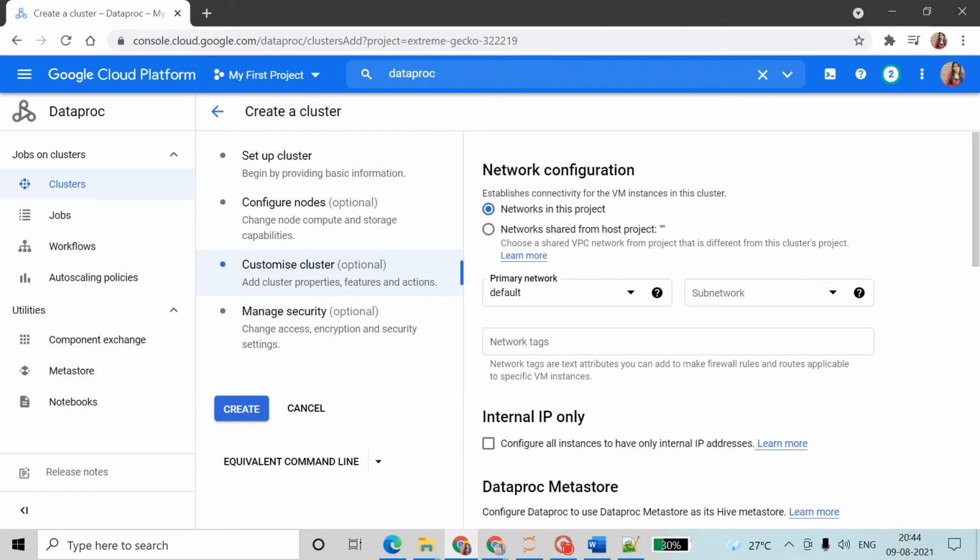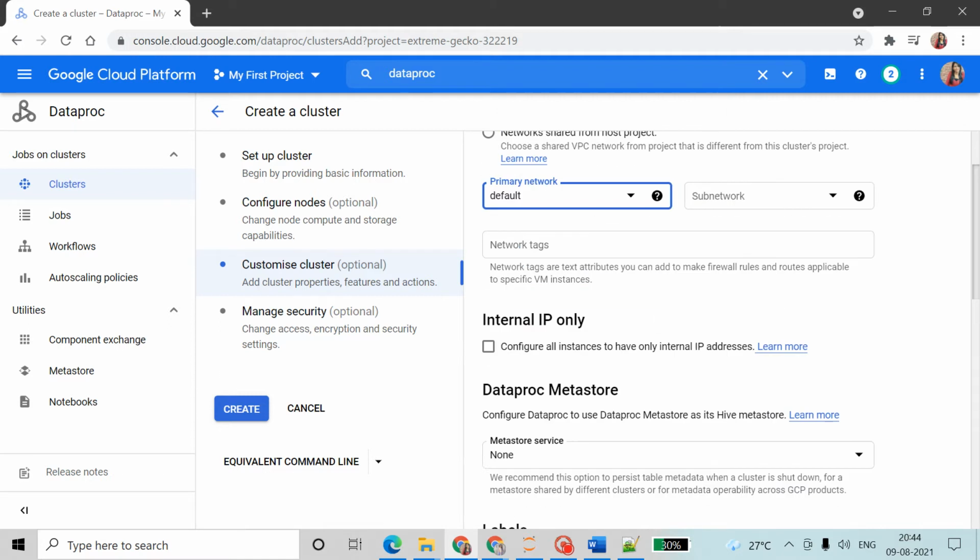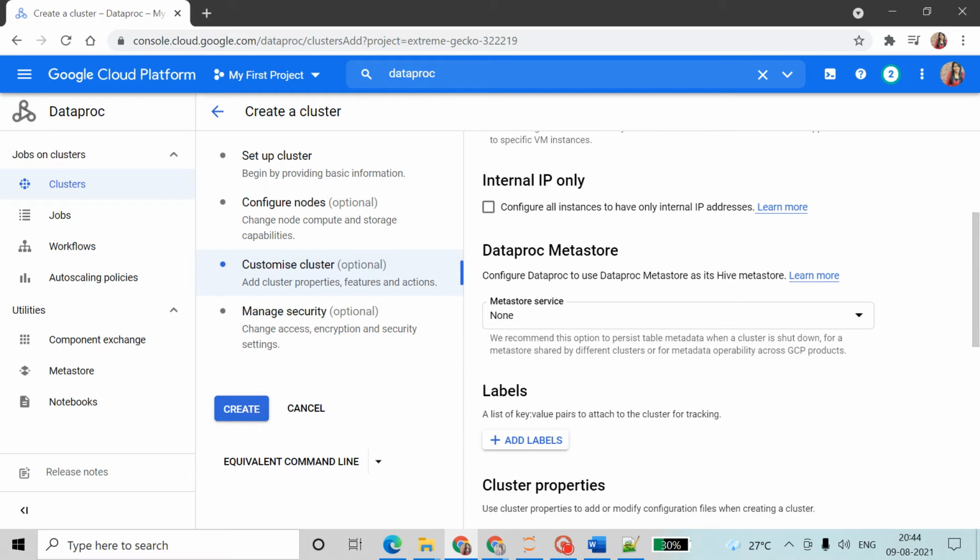We can host our project also. I am doing this basic project, and I don't want to host anywhere, so I don't choose all these things. Okay, everything is default here. Data lab network default, here I use default. Internal IP only. Okay, internal IP will work fine.